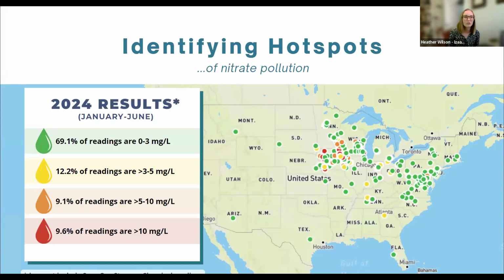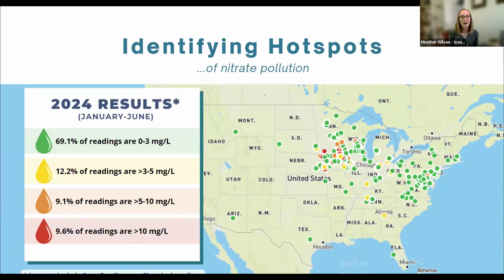But as you would expect, most of the readings came in that 0 to 3 milligrams per liter range. This is what we would hope to see, what we would expect, especially considering some of this data is drinking water data. So we don't want to see super, super high nitrate in our drinking water ever. But so that's good to see. But then, of course, I will point your attention to the greater than 10 milligrams per liter. If you're familiar with the nitrate drinking water standard, it's actually 10 milligrams per liter. And this number, it can include surface water and drinking water. Most of the readings are surface water, I will say. But that's a pretty high percentage of our readings coming in at that high number.